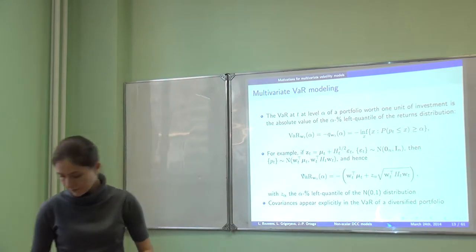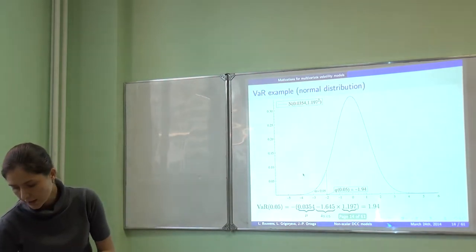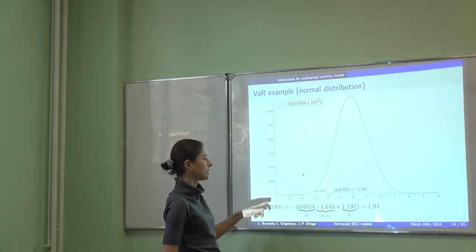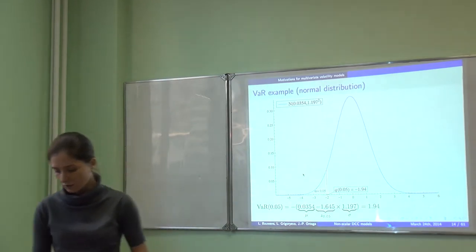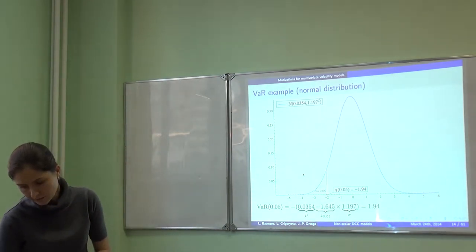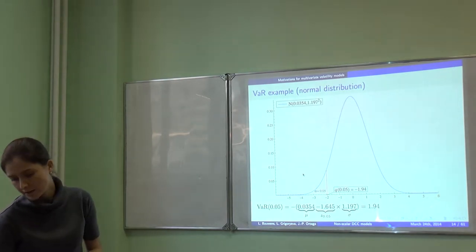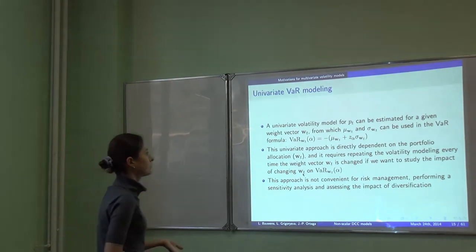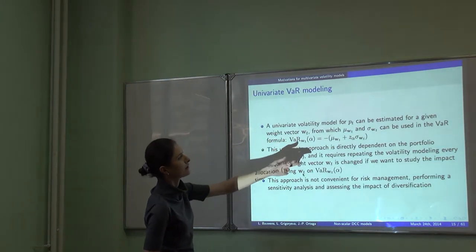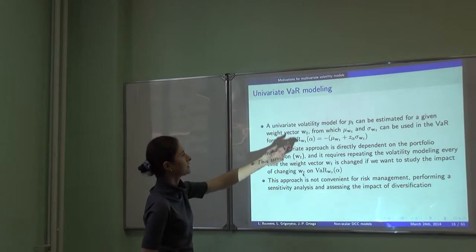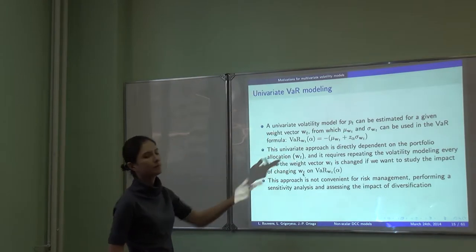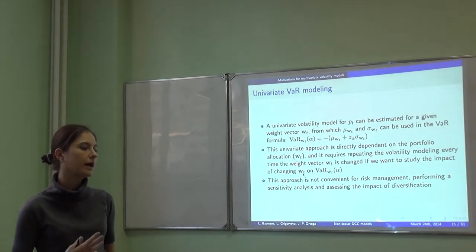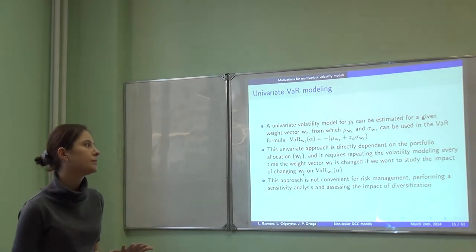And of course it helps to diversify the portfolio. For example, we can always say what is the VaR associated with the probability given by the confidence level alpha, taking the distribution of our assets. So, univariate VaR modeling. As I told you, we can come up with some univariate model and some estimate of our VaR. But what is bad about that? We know that our assets can be of any dimension, let's say some fixed dimension n.